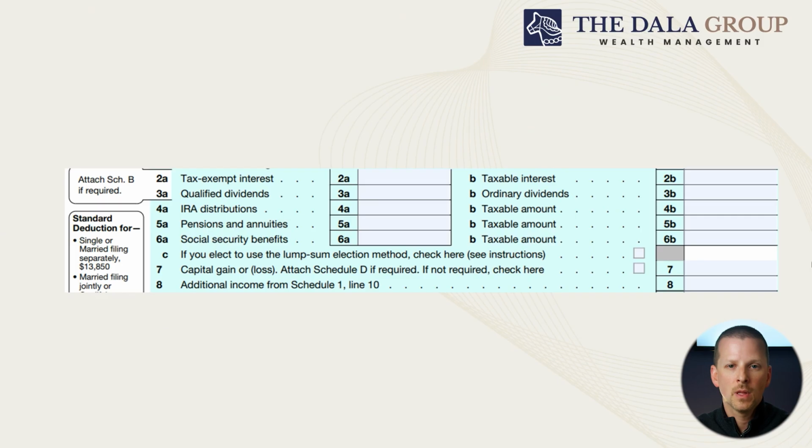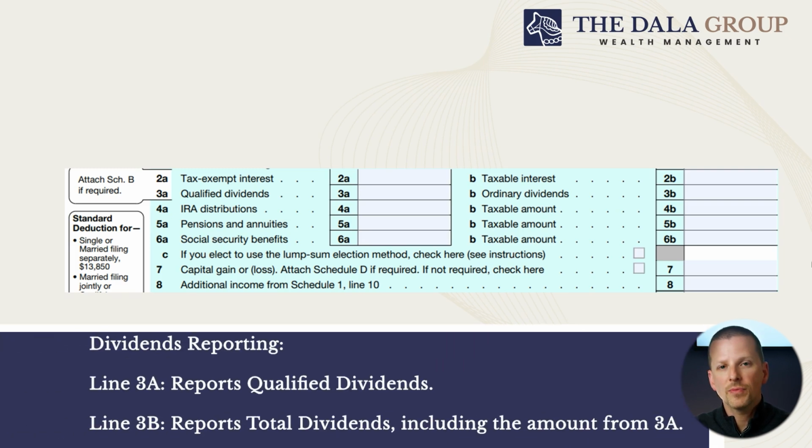So, if I hold Home Depot stock and it pays me $5,000 a year in dividends, and I'm in the 24% income tax bracket, my $5,000 of qualified dividends will only be taxed at 15%, versus my income tax bracket of 24%. This would result in tax savings of $450 on these dividends. So you can see that as the dividend amounts become larger, the spread between what I owe for qualified dividends versus ordinary dividends matters.